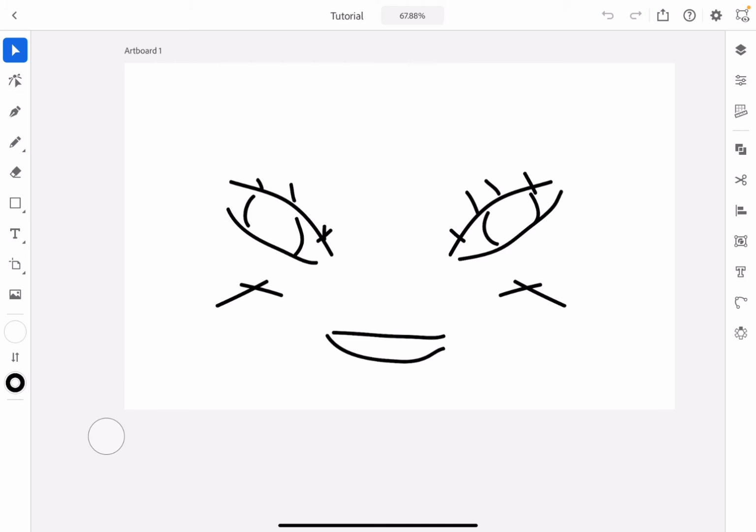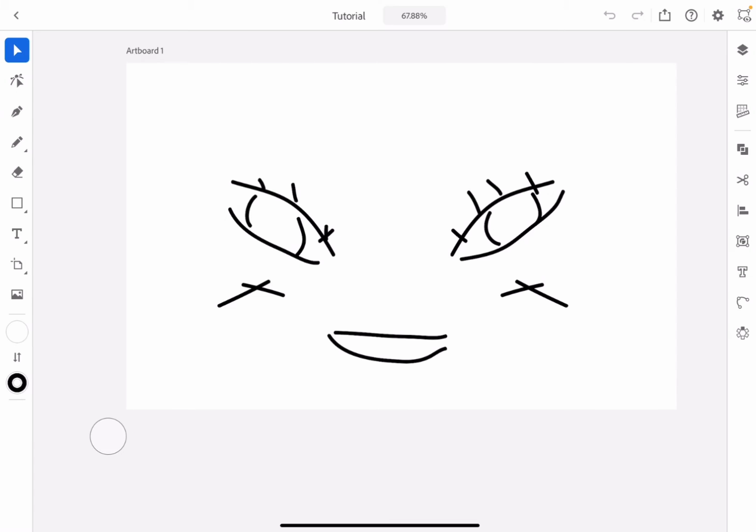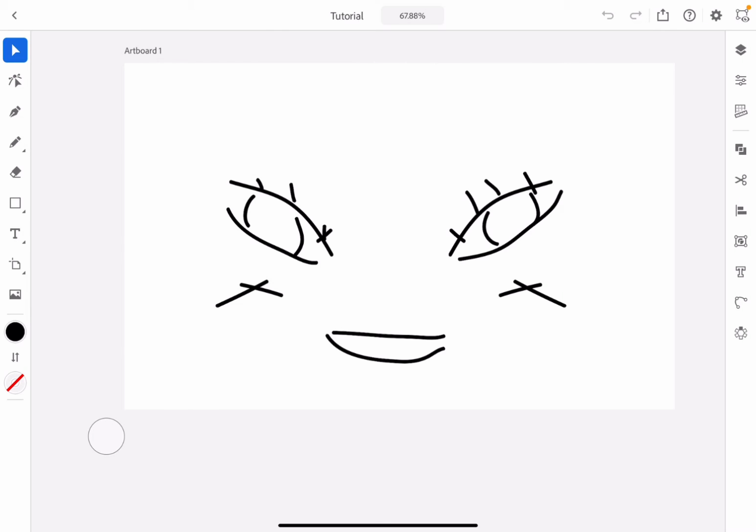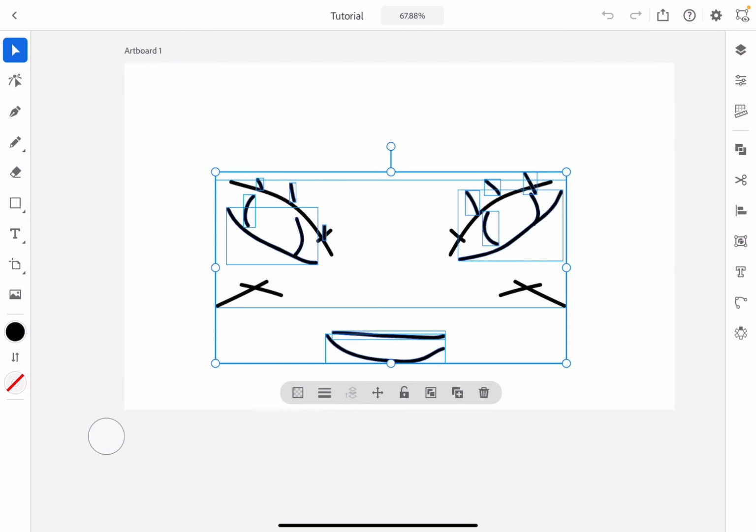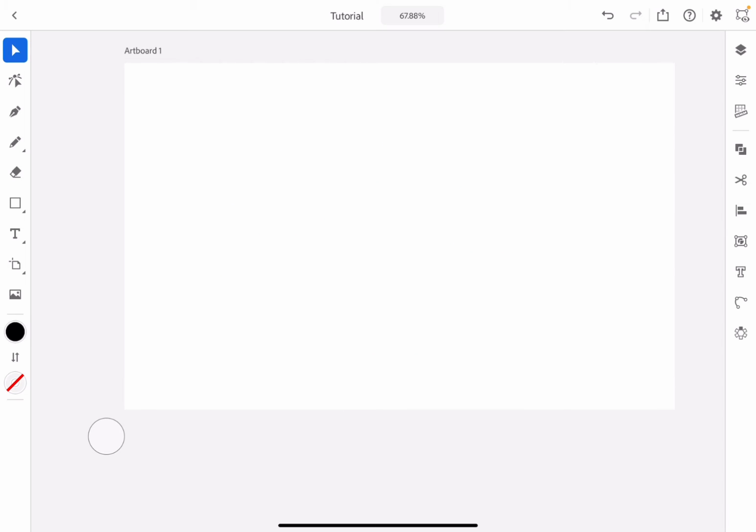And without further ado, let's get into the tutorial. Okay, guys, so the first thing we need to do is just delete this, because we don't need that getting in our way. And so the first tool I'm going to be